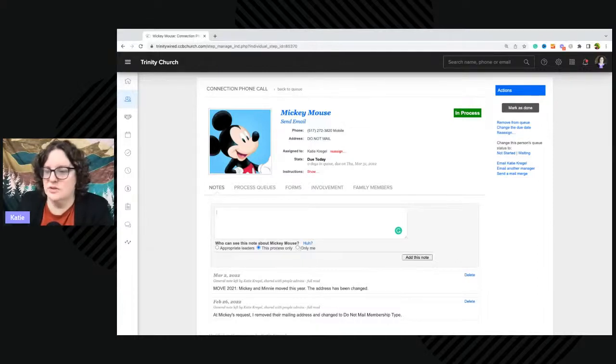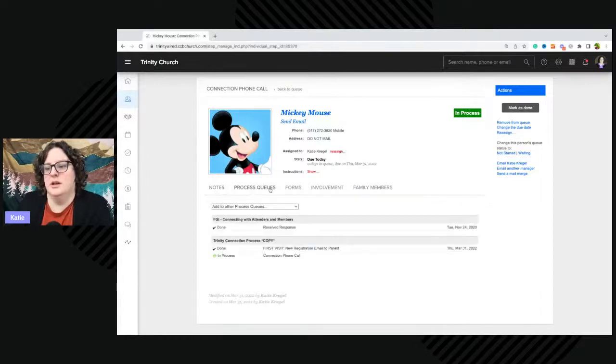Again, I think I said in a previous webinar, we just want people to forget that only me option is available. We don't want people using that. So either appropriate leaders or this process only, depending on what the process is. But as a queue manager, you get access to seeing, so this is the notes tab, the process queue,